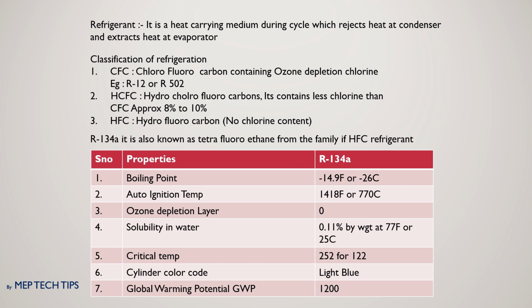Now come to HCFC. This HCFC is the advanced technology after CFC, hydrochlorofluorocarbons. It also contains some chlorofluorocarbon, approximately 8 to 10%, but many companies are not using it nowadays. As per my knowledge, Zamil and Daikin are not using it now, but Trane, I think, is still using it. Maybe in another 5 to 15 years it will also be banned, because it also damages the ozone. Some continue its usage because the cost is less, so they are still preferring HCFC.